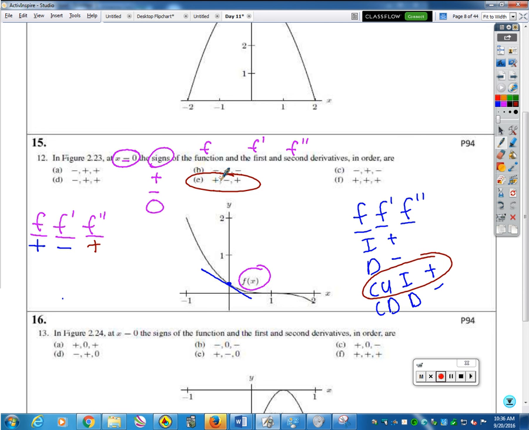So when you look at f at x equals 0, we're trying to figure out f double prime. So focus right here. At this point, f is concave up. There you go. Concave up. That means that the f double prime y coordinate at x equals 0 has to be